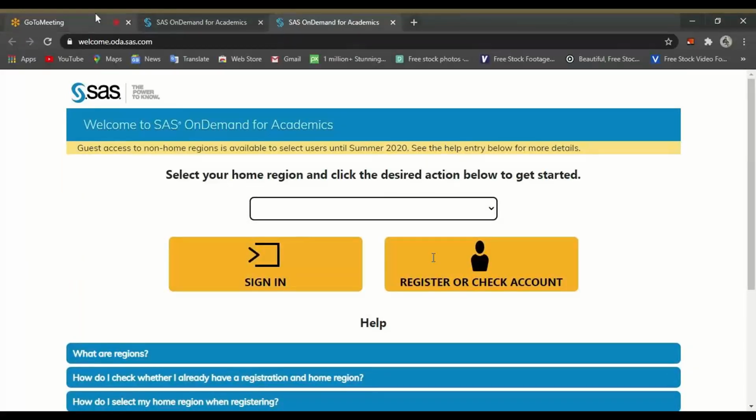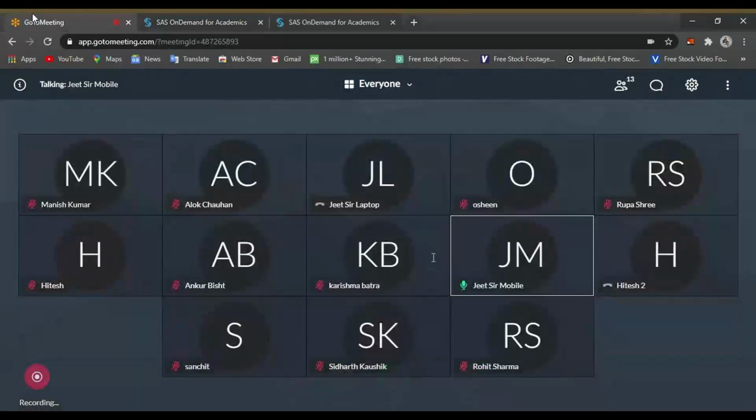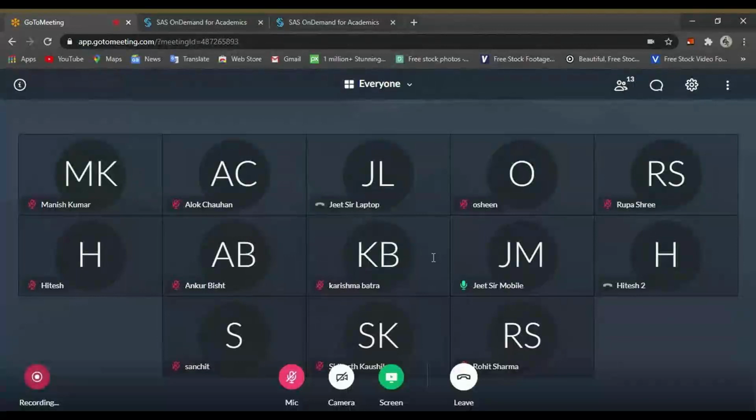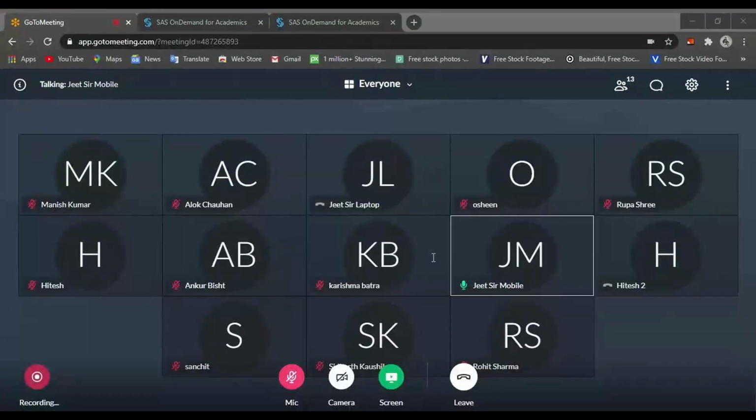Manish, is the next window not opening? Close this. Okay. Can you try some other browser? Do you have any other browser? Not this one, the other one.